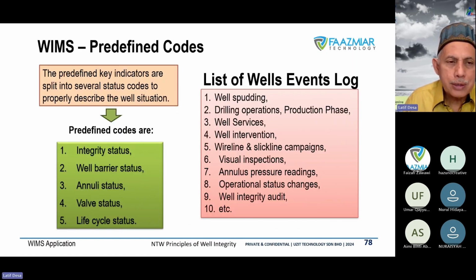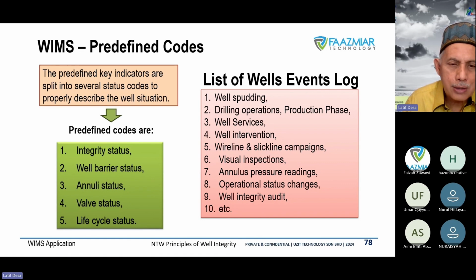Okay, sometimes in the system they have certain codes so that they will understand each other. Talking about codes, we have a different code for another status, and a different code for integrity status, and so on. So the well event log will be called, first when we spud the well, drilling the first surface hole, then the drilling operation phase, the production phase, then we have the servicing, the intervention all under the same category, and then we have well unlock. So all this will be more or less coded,